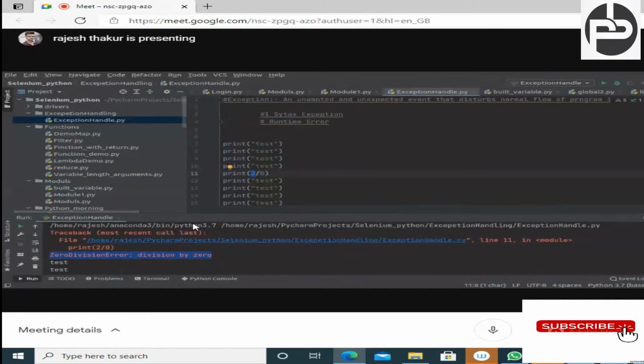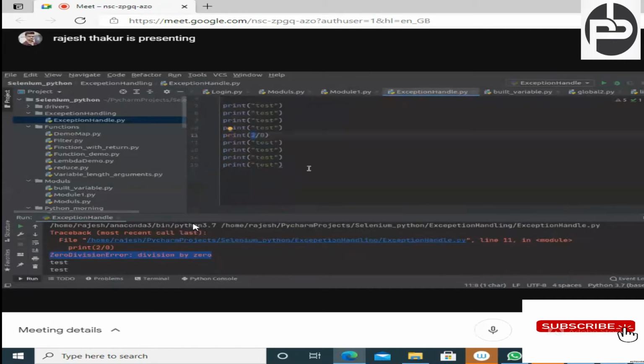What are the different types of exception? Let's discuss the different types. In Java, there are two types of exception, checked exception and unchecked exception. But in Python, there is no checked and unchecked exception, because here everything is at runtime. Here there is no compiler-based checking, meaning the compiler will not throw any error unless you make a syntactical error. That's all.